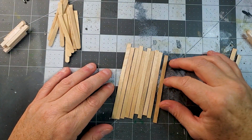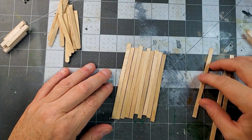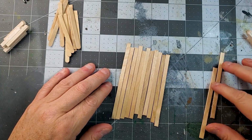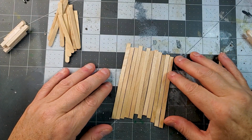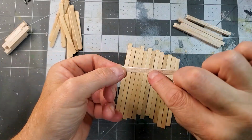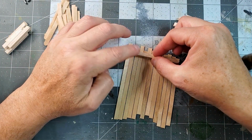To build the first floor of this building, the inside floor, I'm using coffee stirrers. It's the easiest way. You're just cutting pieces of coffee stirrers,